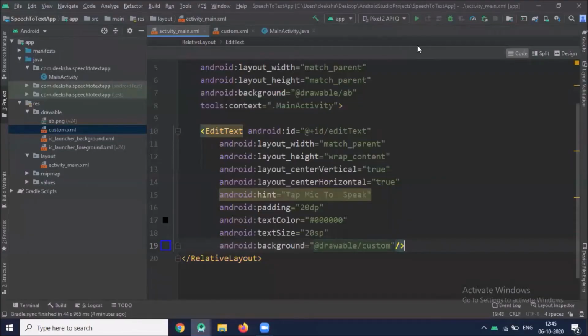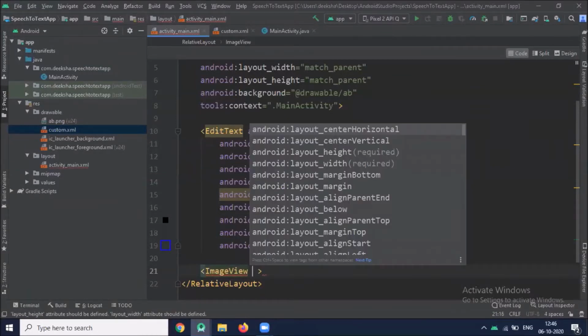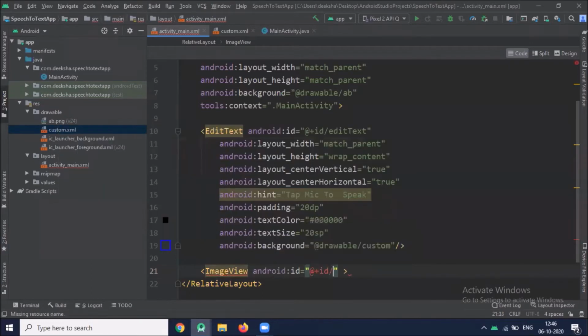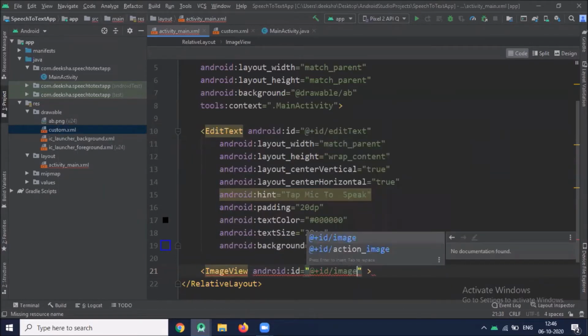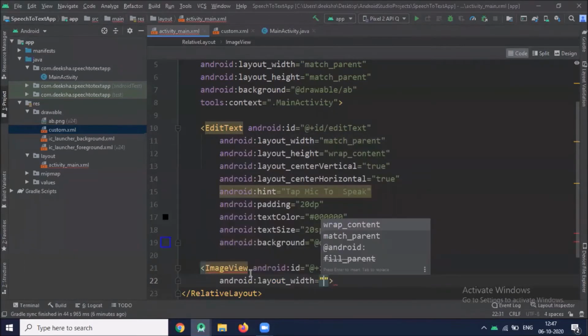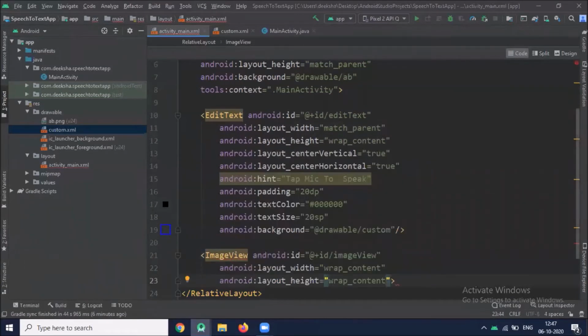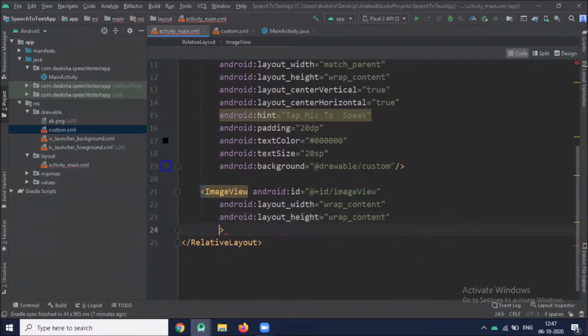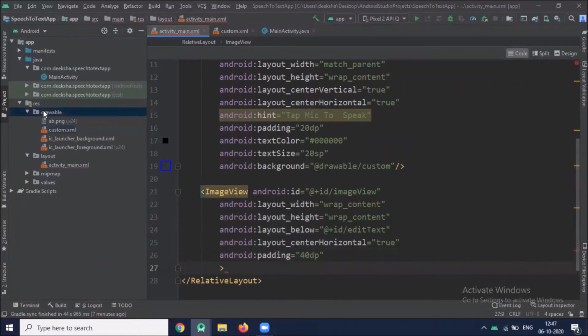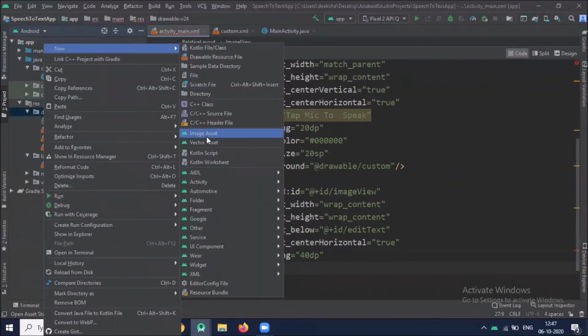Now we add one image view. So after clicking the image view, you can start speaking. Now we will create one vector for our image view.